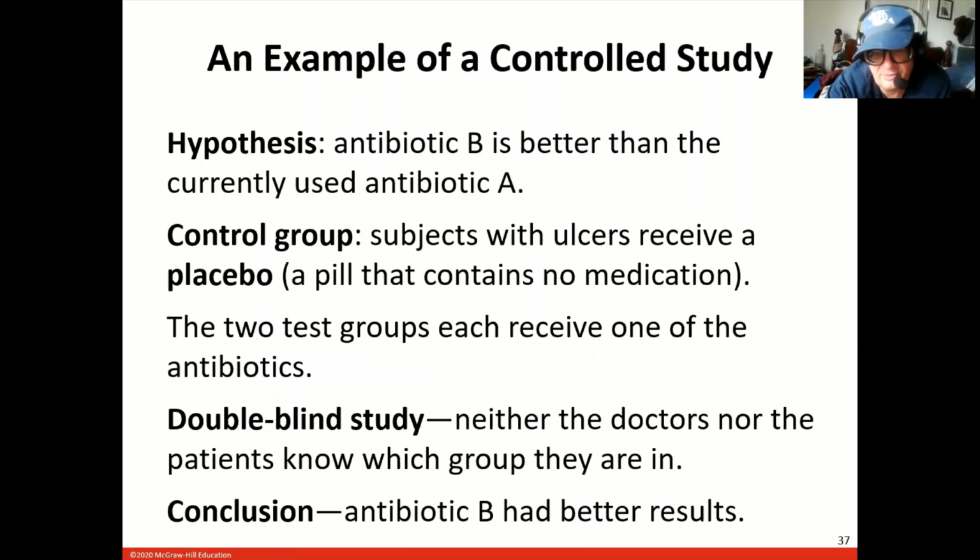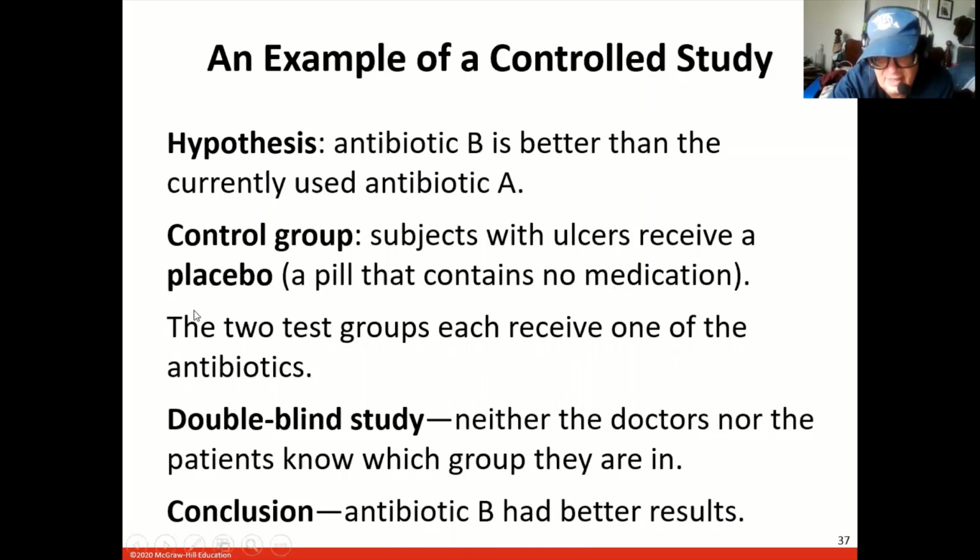So let's go through some of these in a controlled example. A hypothesis, remember, is an explanation, usually unsupported, not always, but you have an observation, you're explaining it. So antibiotic B might be better than the current antibiotic at killing microbes. That's a hypothesis. Now, the control group, it says subjects with ulcers who get a placebo. That means a pill with no medication. A placebo is something that resembles the experimental variable, in this case, whether you are getting a dose of the